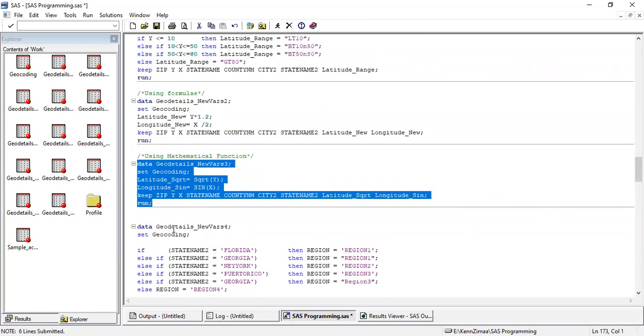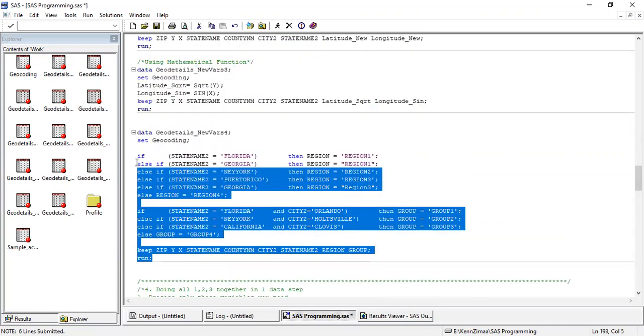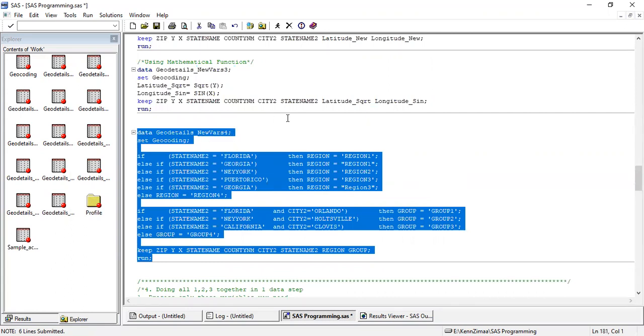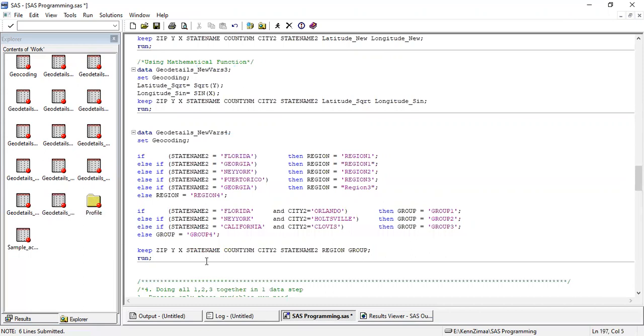Now, this part is basically I am combining if-else statement for the categorical variables. And there are two new categorical variables which I'm creating. One is your region, one is your group.